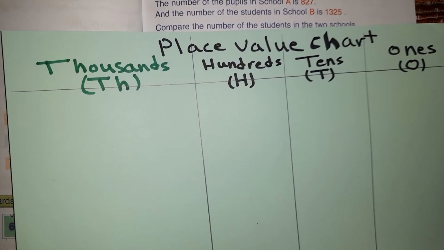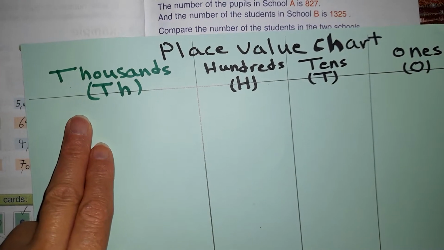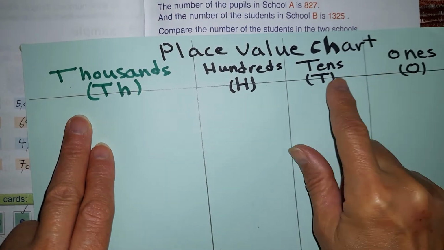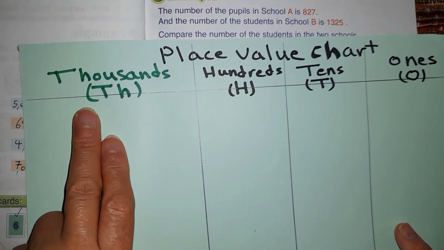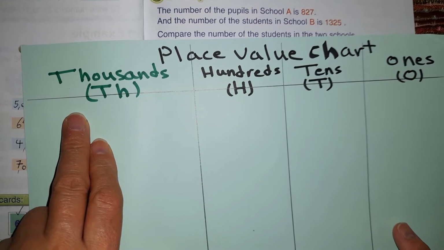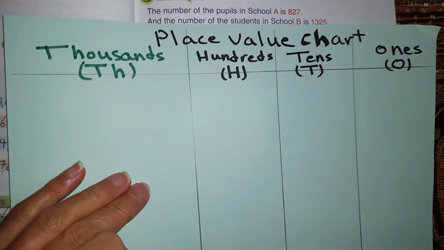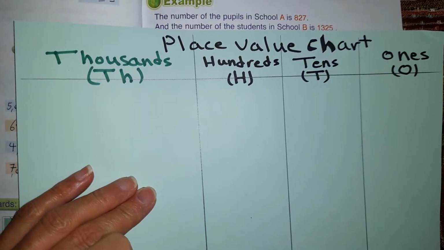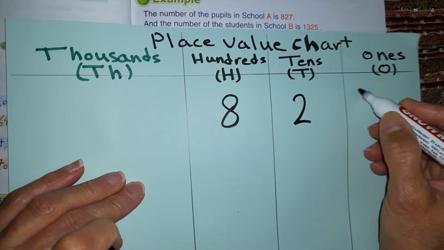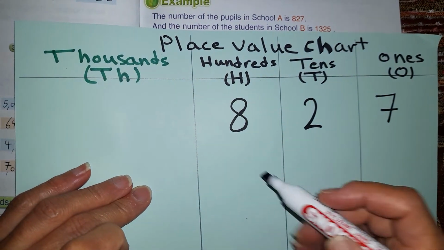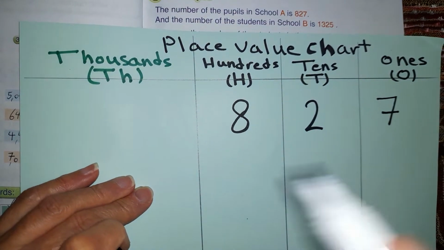Remember, we learned how to read and write numbers up to 4 digits. 4 digits means that you have the first period, ones, tens, hundreds, and in the thousands period only the ones, okay? Now, they said that school A is 827. 827 means it is 3 digits only. I only reach hundreds. This is school A. School B is